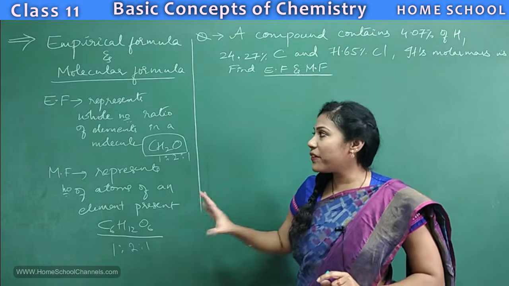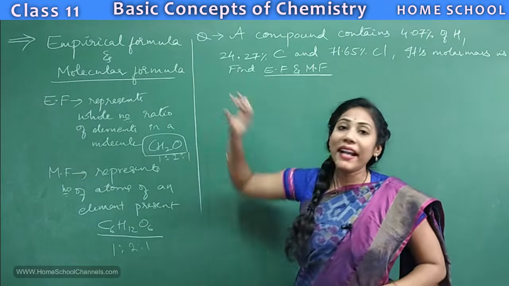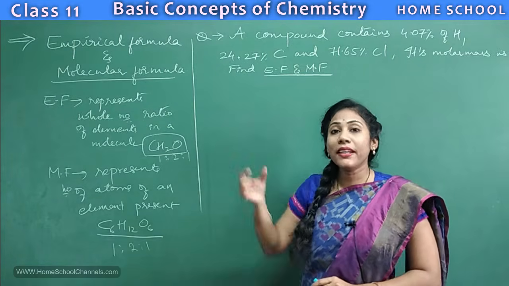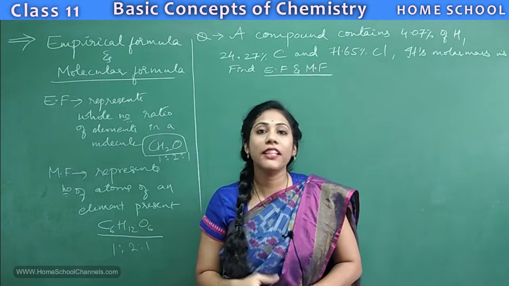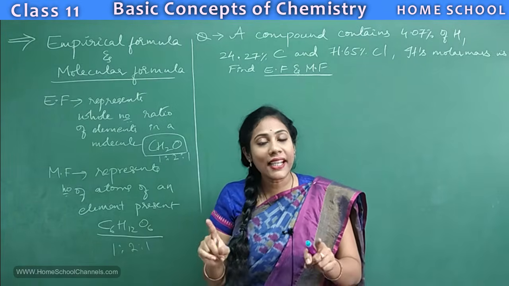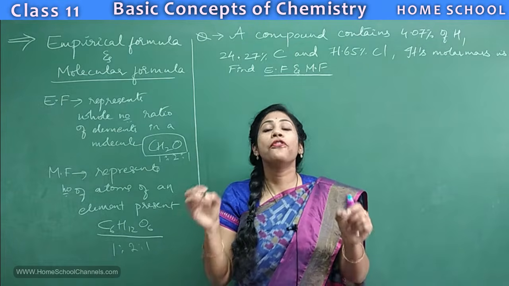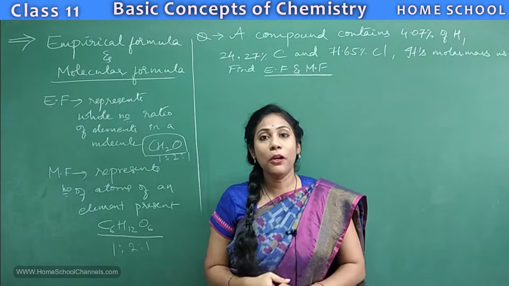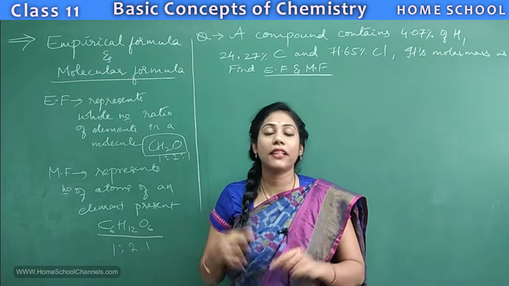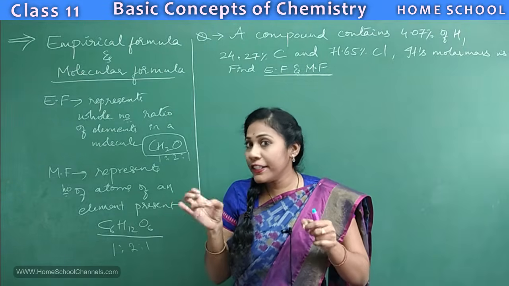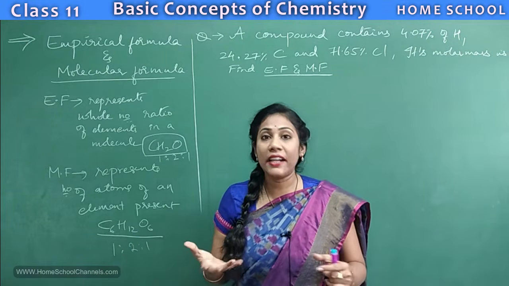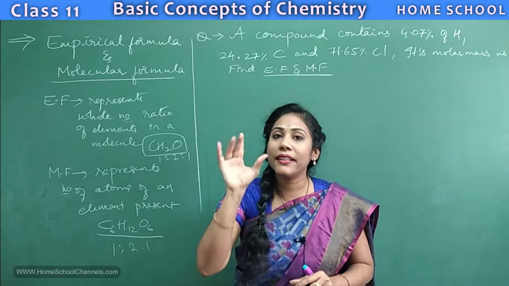Okay, so this is the difference between empirical formula and molecular formula. These are their definitions. The empirical formula is the simplest formula for a molecule. It is just the simplest formula using which you can identify the ratio of different elements present in a molecule, whereas the molecular formula gives a detailed idea about a particular compound. Along with telling you the ratio, it also gives information on how many atoms of a particular element